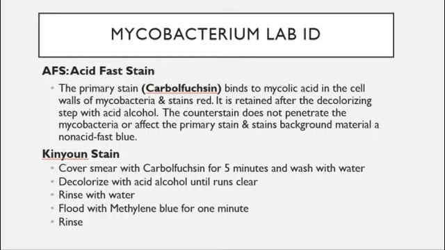For Mycobacteria, we have the acid-fast stain and the Kinyoun stain. Let's first talk about the acid-fast stain. The primary stain is the carbolfuchsin stain. It binds with the mycolic acid in the cell walls of the Mycobacteria and stains red. It is retained after the decolorizing step with acid alcohol. The counterstain does not penetrate the Mycobacteria or affect the primary stain, and the stain's background material is an acid-fast